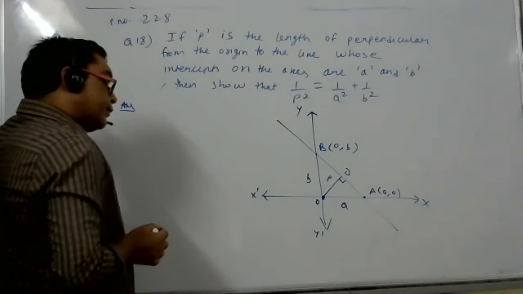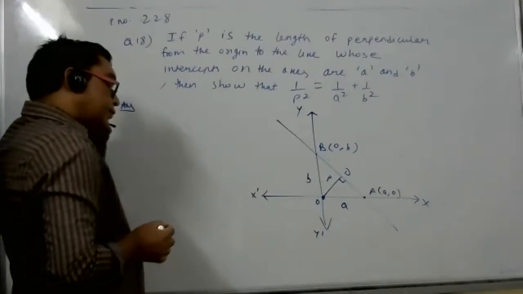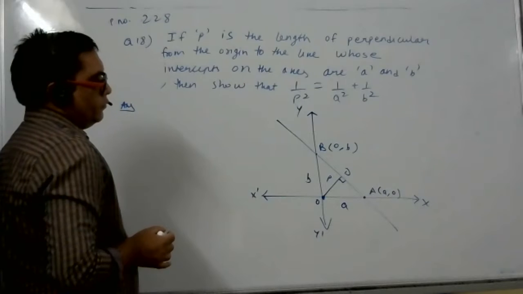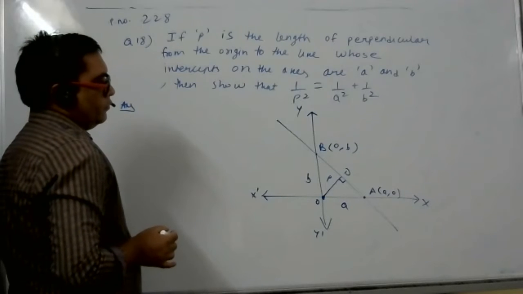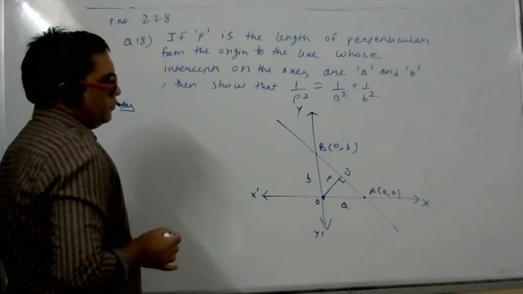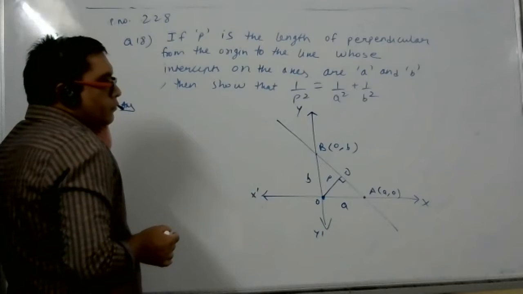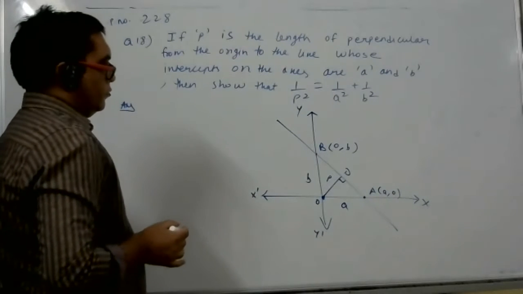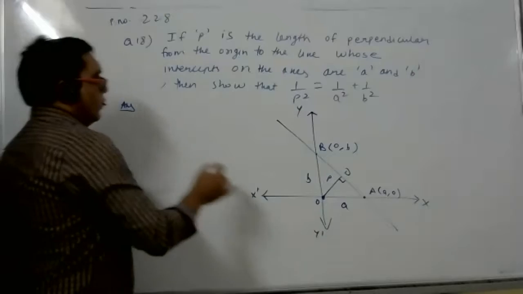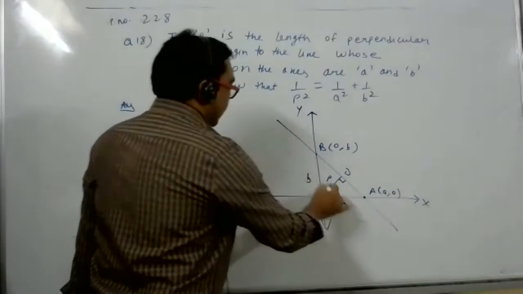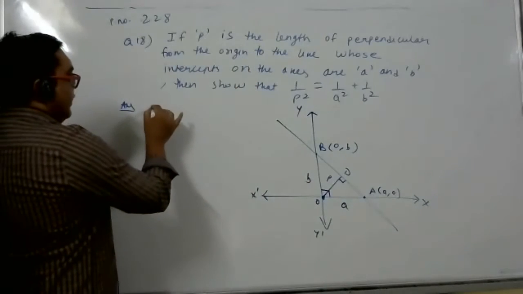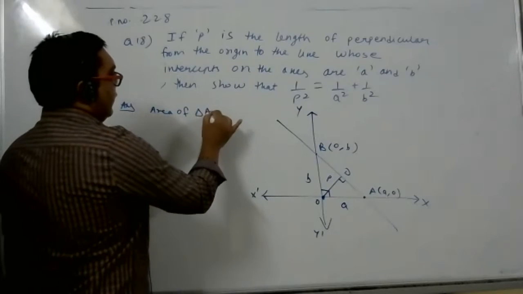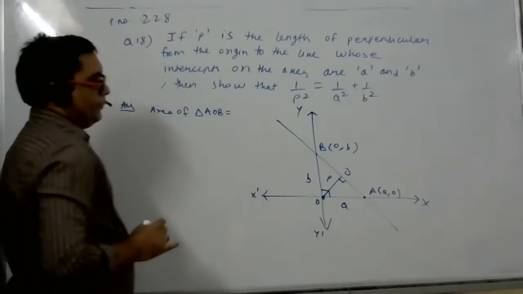Area of Pythagoras theorem and inverse of it. No, sir, area of OAB is equal to half AB, and that is equal to half AB into P. Correct. So from this there is a right angle triangle. He's telling one method. Let's do by that method only. Area of triangle AOB. One of you tell me the area of triangle AOB.